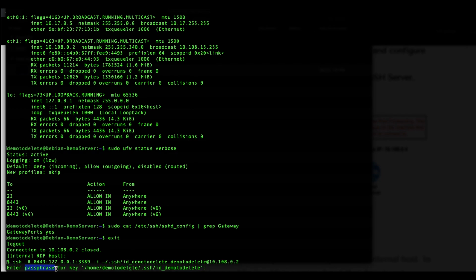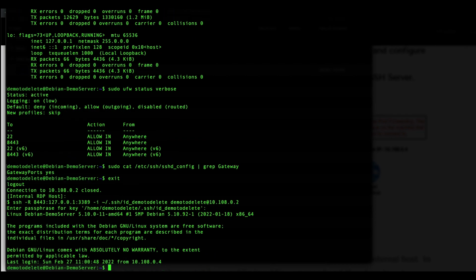So it is important to at least protect it with a password, so that in case somebody gets access to my private key, they will still need to break the password to get access to my SSH server, right? So the only difference is now instead of keying in the password of the user, if you have a passphrase set up, you need to key in the passphrase. Now, if you do not have a passphrase set up, the minute you issue the SSH -R command, you will actually be connected to the SSH server